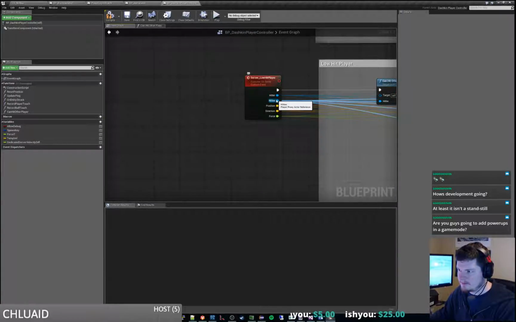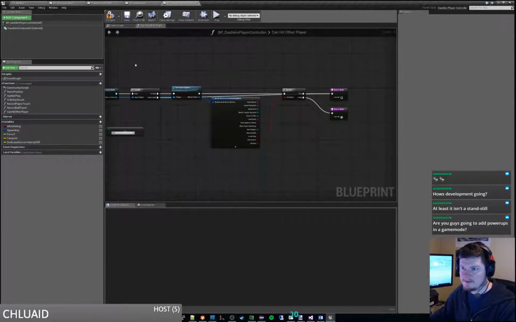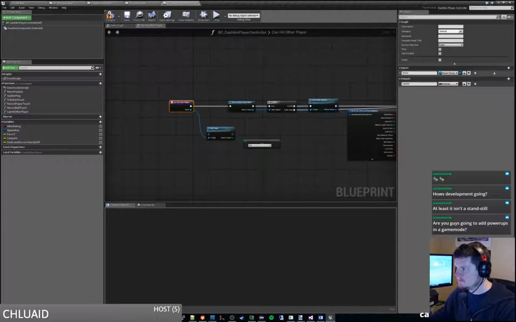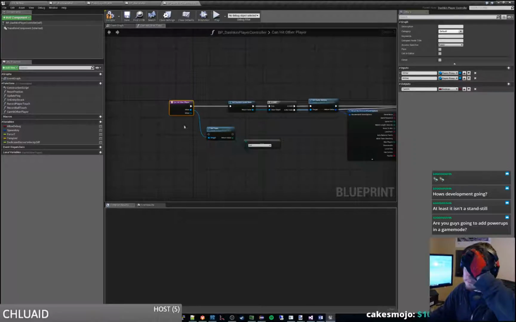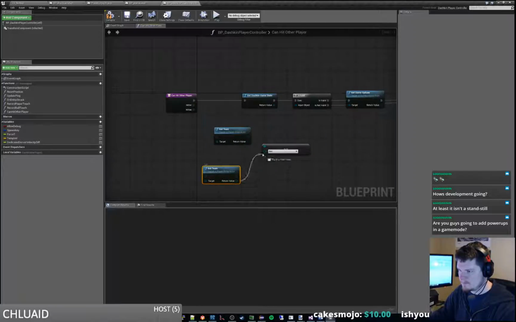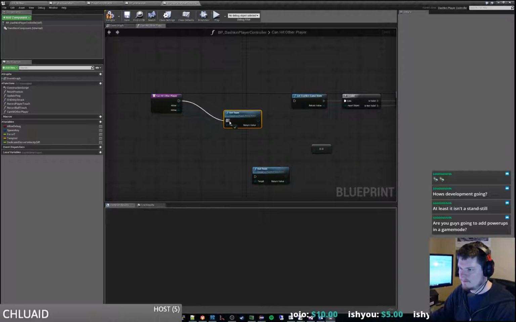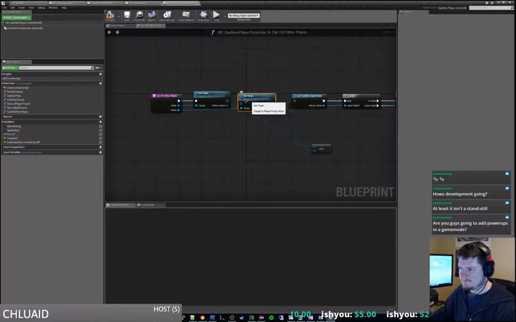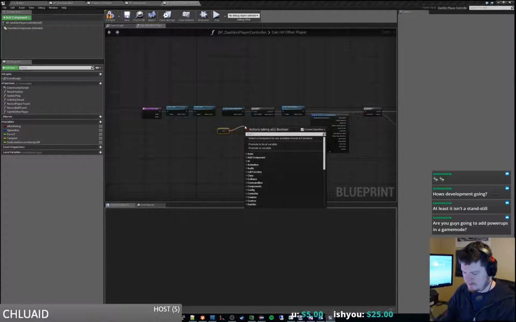We've got our hit E, player proxy actor. Alright, so hitter and hit E is what we'll need. Alright, so if they're equal,